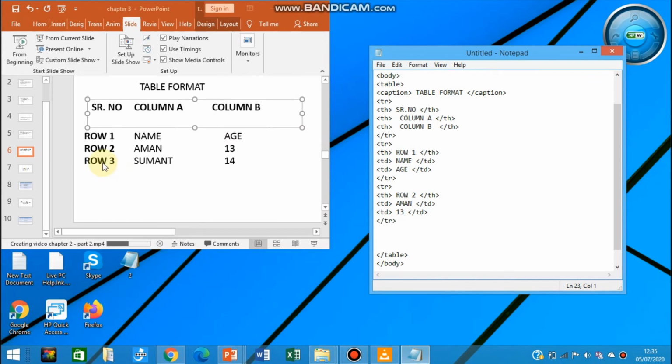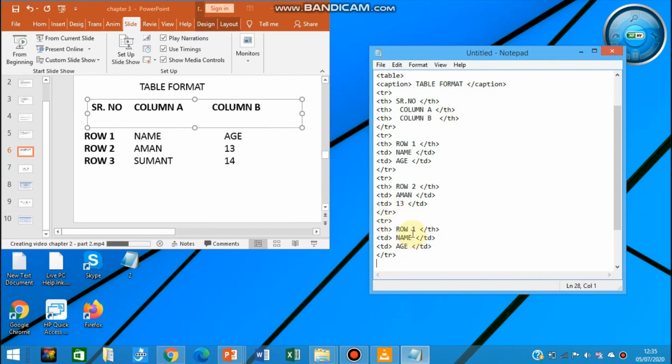So again for the last row, that is row 3, Sumant and 14, you will use the same tags. Fine. So I have again copy pasted the tags that we have used just now. I just have to change the content here. For the last row, inside the TH tag, again you will write row 3.